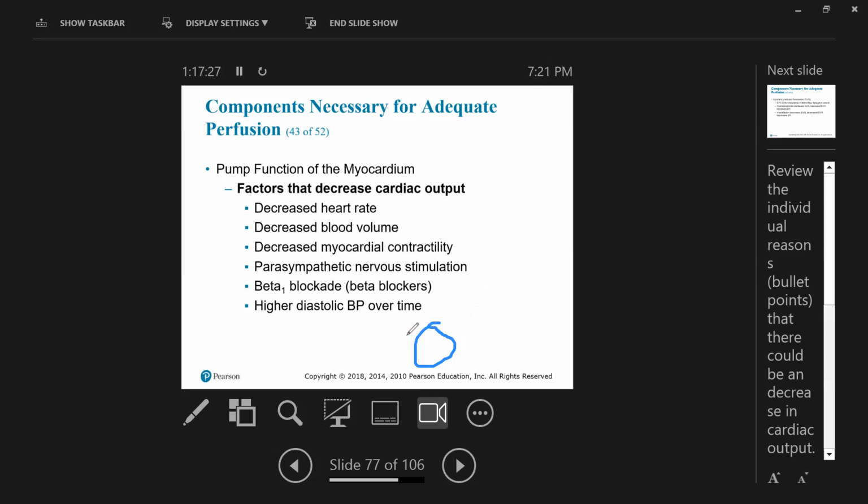Your ventricles contract and they develop that, and you have the blood vessel right there. The amount of pressure that's being put against the blood vessel is your systolic, and the amount that is left behind is your diastolic. So in this one, it tells you the higher the diastolic blood pressure, in other words, if this one's actually